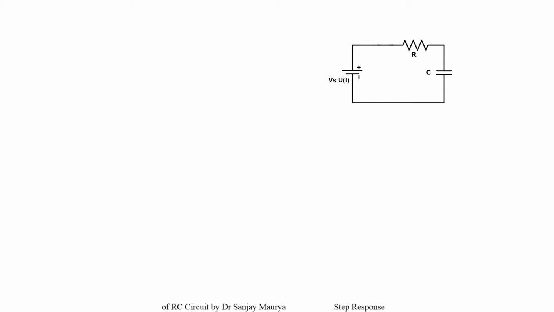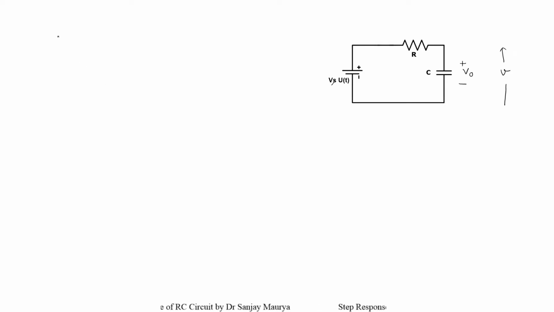Here this voltage source Vs is being applied across this RC circuit. So I am assuming the voltage across the capacitor as the response of this circuit. Let that response be given by V, which is the voltage across the capacitor. I am also assuming that before closing the switch, the capacitor is initially charged up to voltage level V0. Let the polarity be given by plus minus V0.